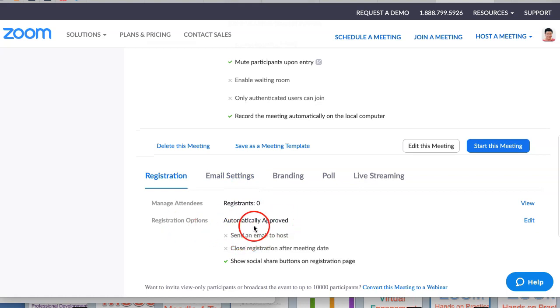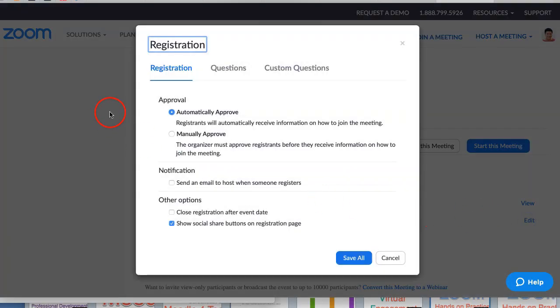Now notice here, registration automatically approved, send an email to host. I can open that, okay, and close registration after meeting. I can open that. If I want to set it up, I set it up here for this meeting. So let's go into that. Edit, and notice what I have here. Approve, automatically approve, manually approve, the organizer must approve. Now this is a way to prevent unwanted users from joining, but it's a lot of work if you're going